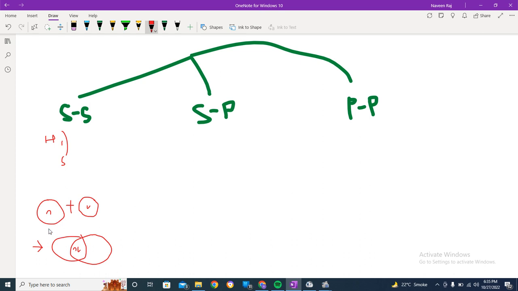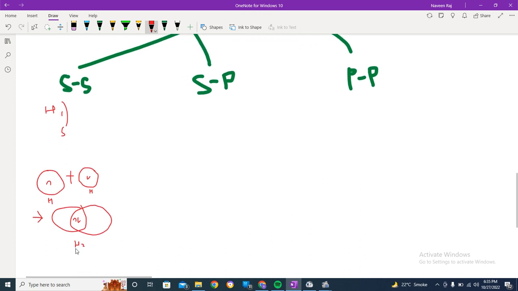This is H. This is H. This is H2, right? H2. I do hope that you are getting the concept. What I do mean to say, if you talk about S and P, so we can take an example